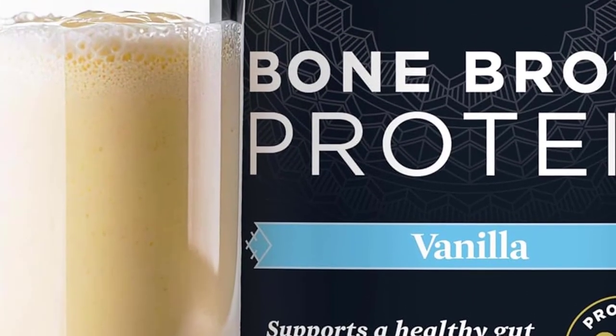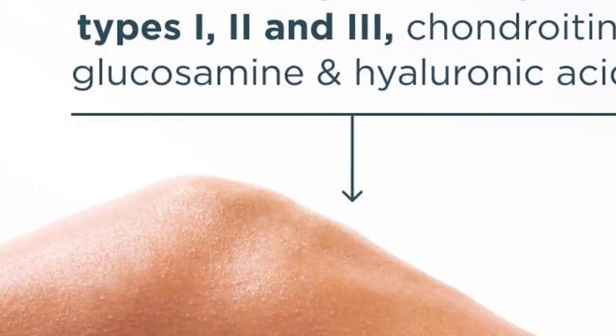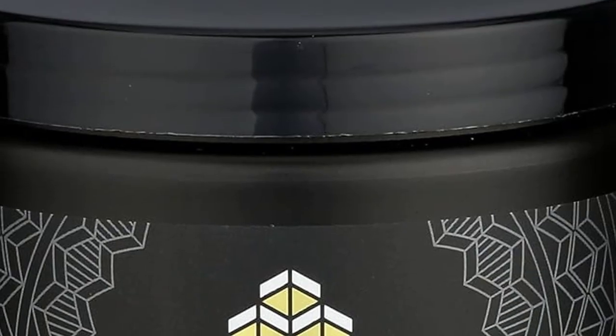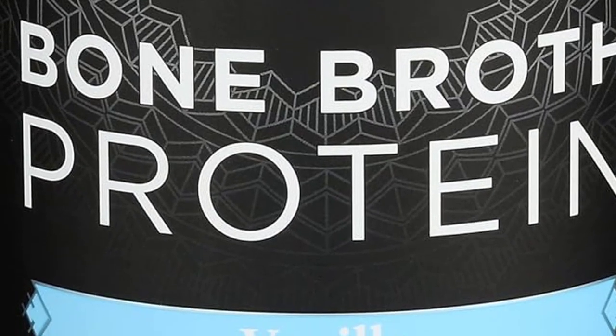Now, some folks mentioned the flavor could be a bit off when mixed with just water. Here's the thing though, it's actually designed to be versatile. You can mix it into smoothies or even soups, so you have options. This is perfect for you if you're looking for a meal replacement that also supports your overall wellness. Skip this if you need something quick to drink on the go, but if you're willing to mix things up,